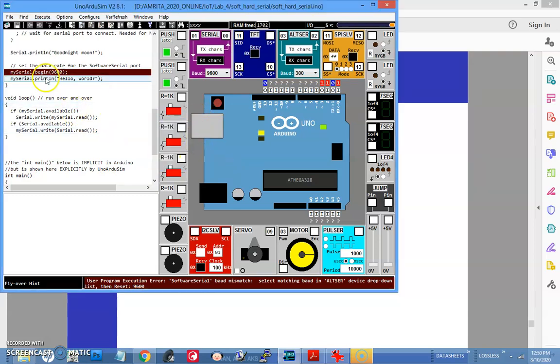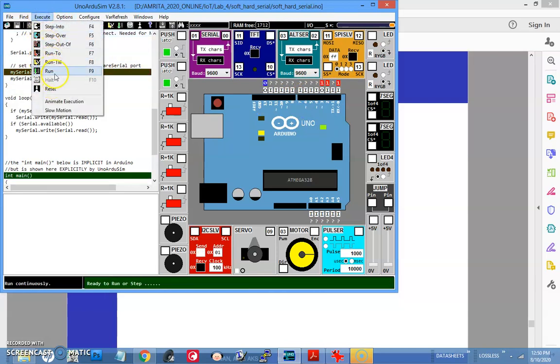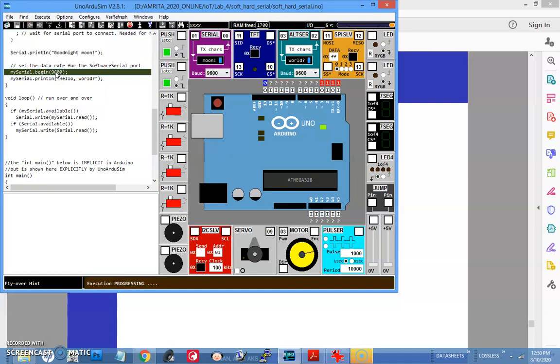okay, so you need to set the same baud rate here. That's why it did not run. This is one point you need to set. The baud rate is the rate at which we send the data. So the baud rate is 9600. I have to keep it as 9600 on both the pins and try to run it again. Okay, so execution is progressing.